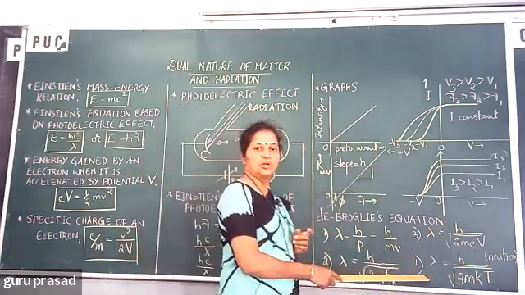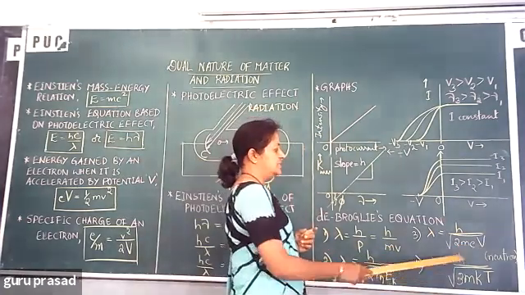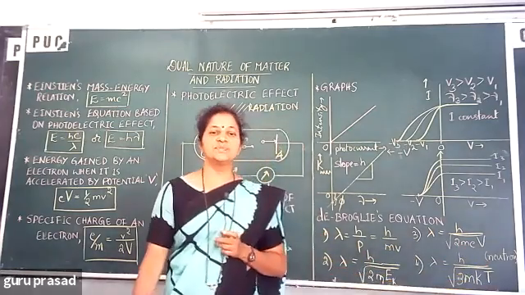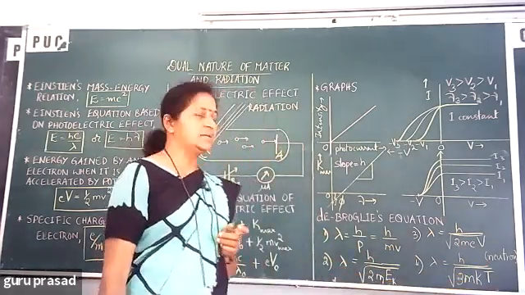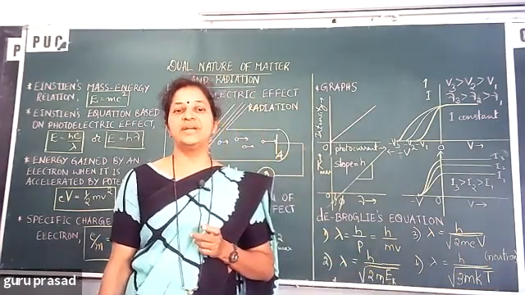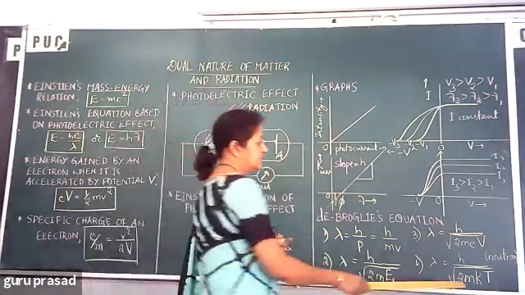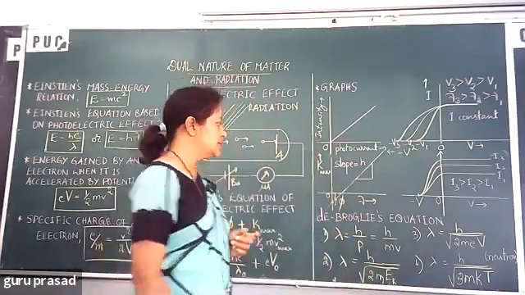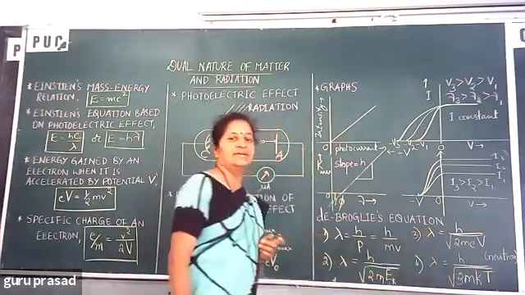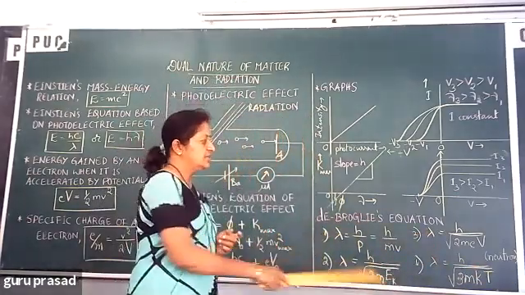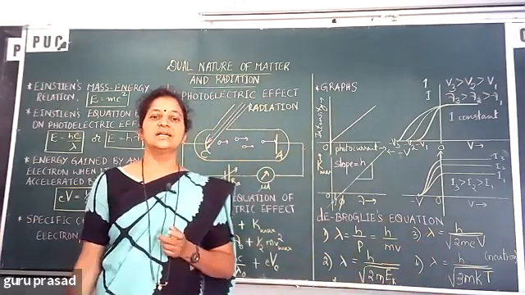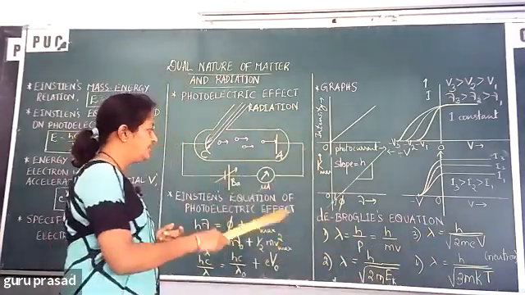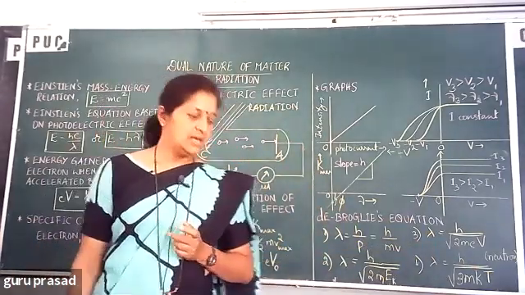Then for thermal neutrons, we have the de Broglie wavelength, lambda equal to h by square root of 3mkT. k is the Boltzmann constant. Its value is 1.38 into 10 power minus 23 SI units. And T is the absolute temperature. As the temperature increases, the de Broglie wavelength decreases. You must know the relationship between those physical quantities with these four equations. I hope with the help of these you can solve the questions.